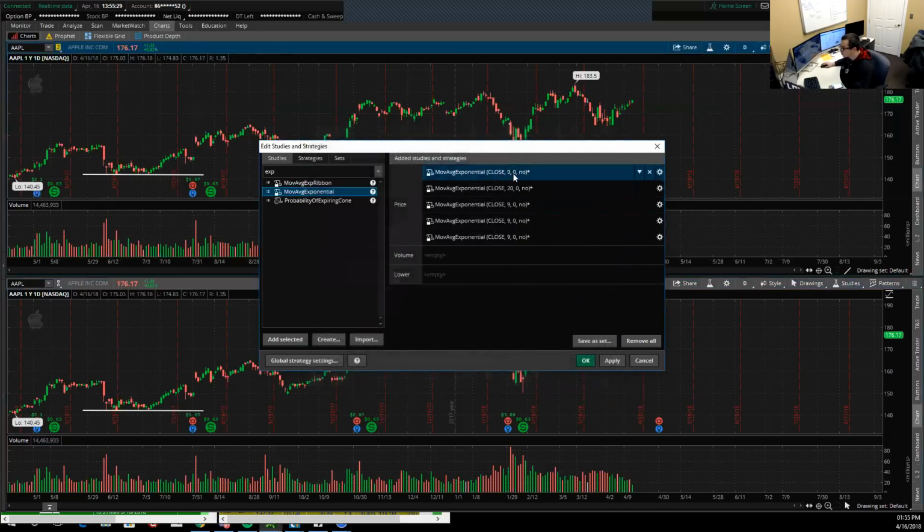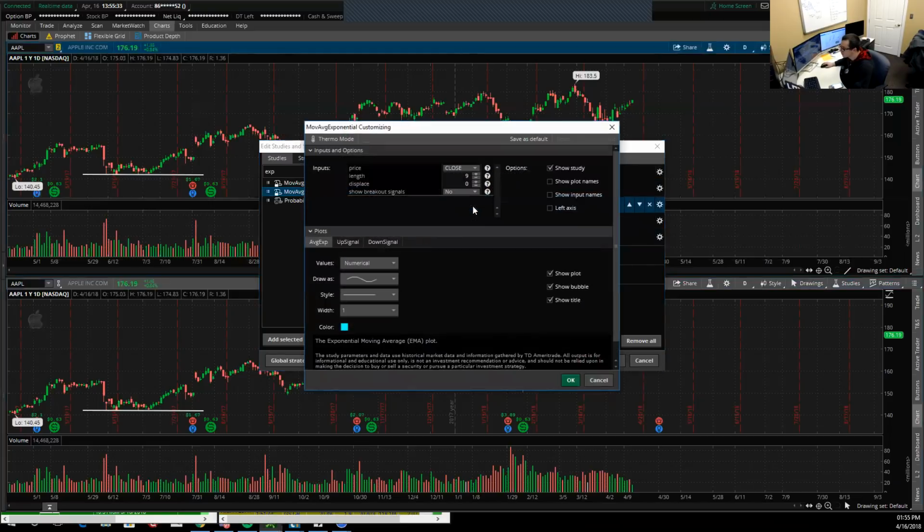Now you can see that it is plotted differently. You can see it says 20 now. So I'm going to go down the list, and this is exactly what you would do. You would go down and continue to input your moving averages. So this one is going to be